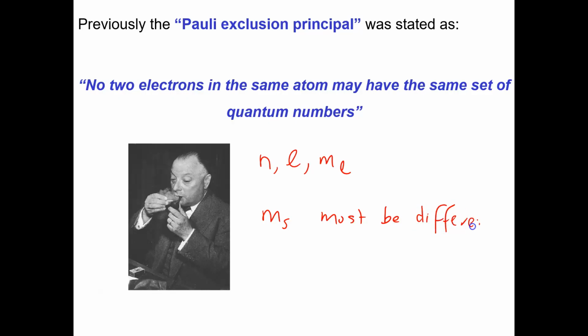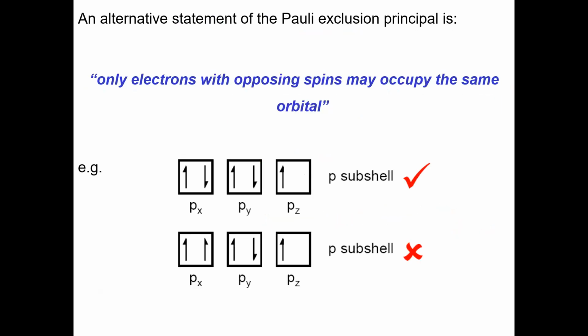Or another way of saying that is that two electrons in the same orbital must have different spin. So, an alternative statement of the Pauli exclusion principle is this: only electrons with opposite spins may occupy the same